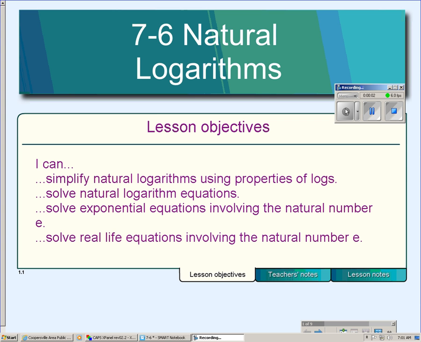This is lesson 7-6. It's about natural logarithms. By the end of this lesson, you will have reviewed all the things that we've learned so far in this chapter, except we will do all these things with natural logarithms instead of log base 10. So we're going to start out by simplifying logarithms, then we will solve equations that are logarithmic, then we'll solve exponential equations, and last of all, we'll look at a real-life